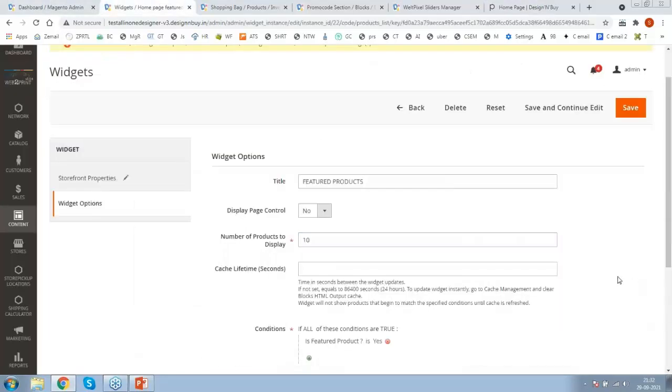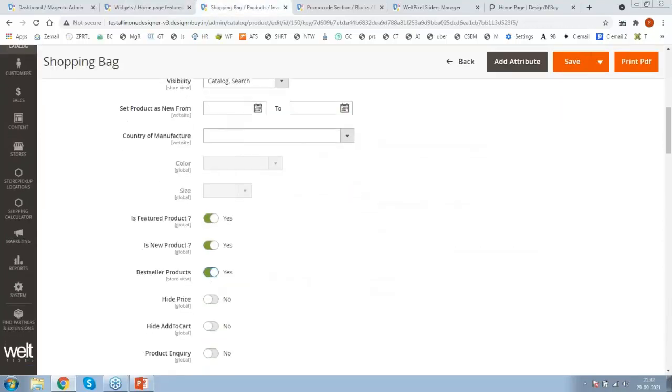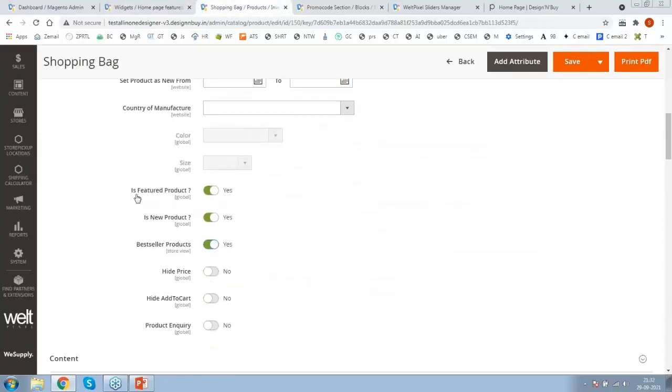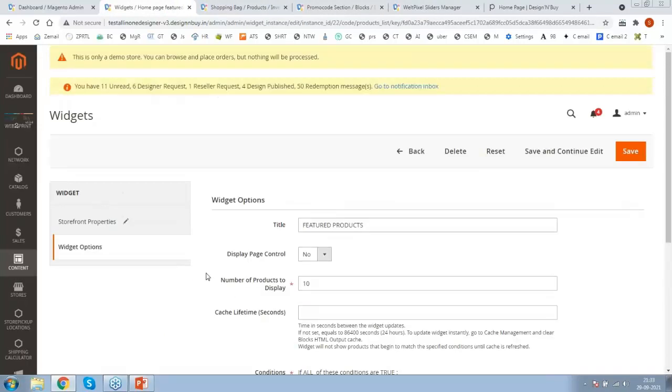So widget is again, please take note, a default Magento provision. So easily you can manage it from the CMS content management. Also a simple condition is here. So if the featured product flag is yes, we can show the product in this listing. This is the flag, featured yes. So if this flag is enabled, our widget is allowing the product to appear in this listing. Simple. So the condition is also here. So this was about featured product management.